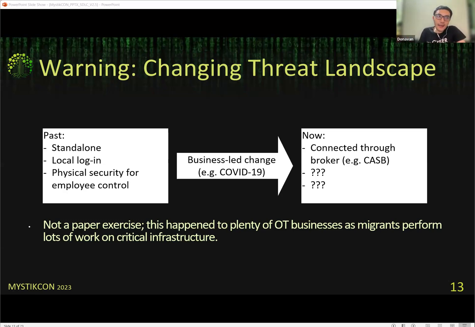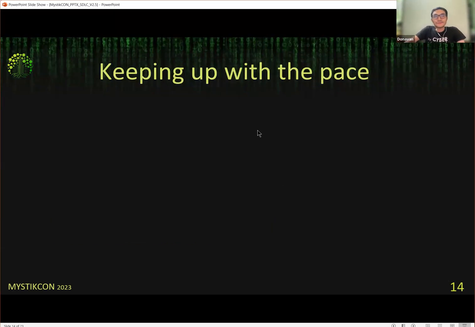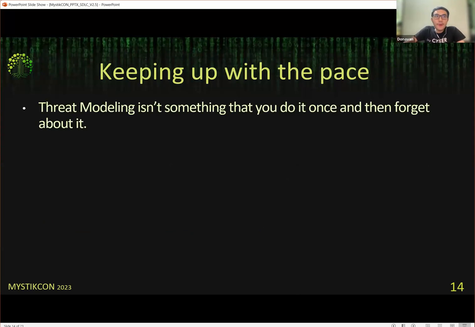And the next slide is absolutely important as a result. So the next slide. So keeping up with the pace, right? Next slide, yeah. As you can see, threat modeling is not something that you do once and then you say, oh, the threat model is done. Let's file the papers in a register somewhere and access it only when the auditor comes, right? And why you don't do this is because you will still release new features. You will still do new things, right? Which is basically the next bullet point.